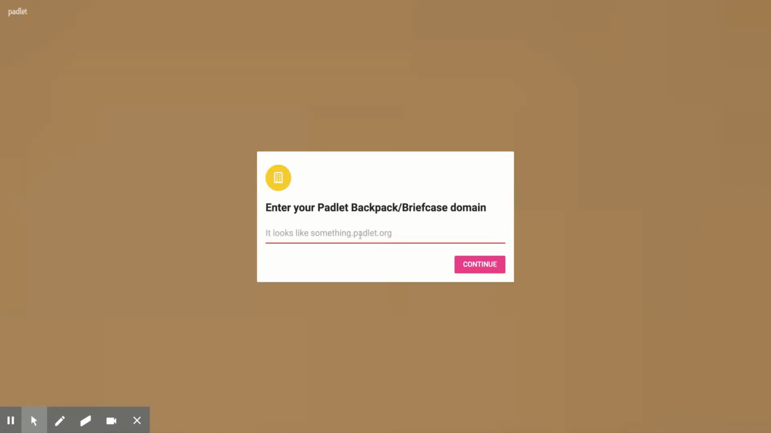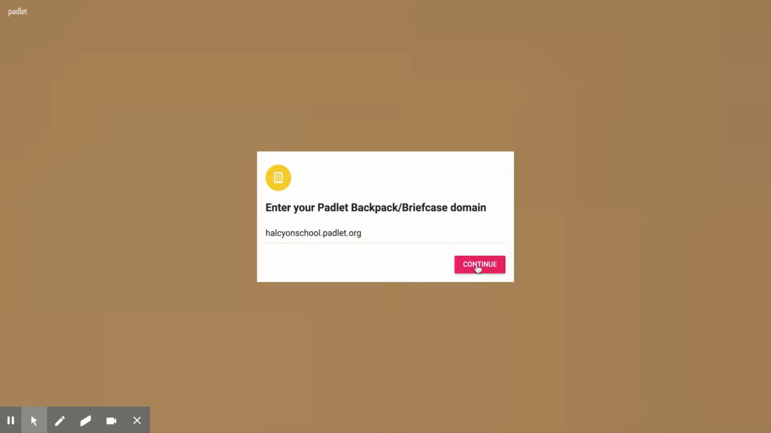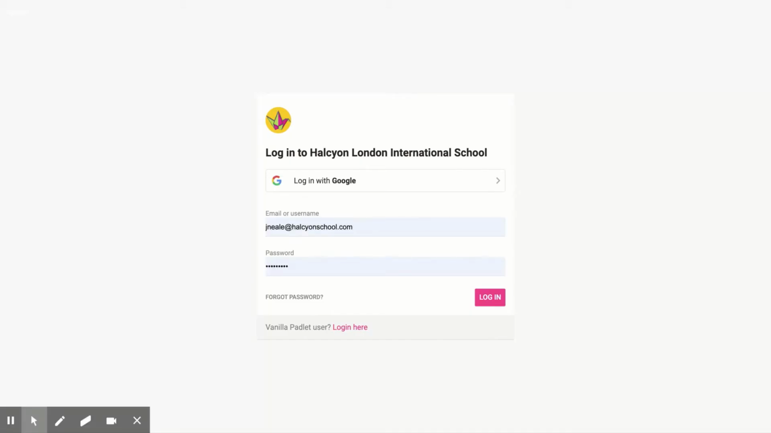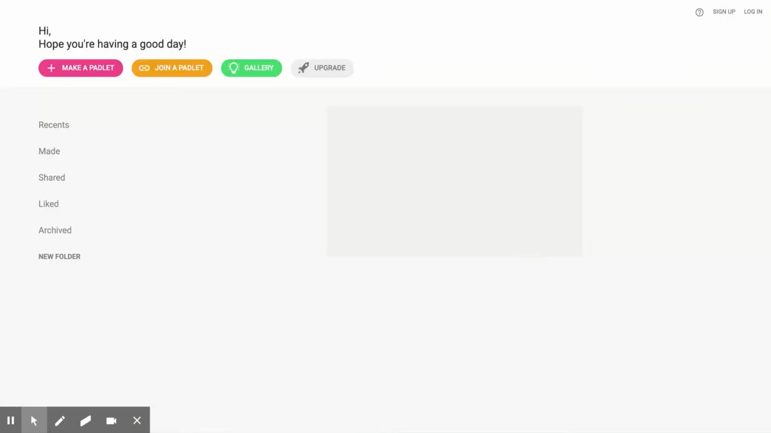And our domain is halcyonschool.org. The process is slightly easier, by the way, if you're doing this through an iPad. So I'm just going to remove my username and password to show you through how easy it is for me to sign in with Google. Click on the account that I'm interested in, and it's going to take me into the halcyonschool.padlet.org dashboard, and this